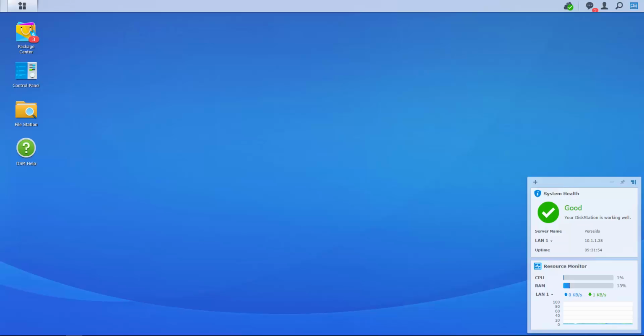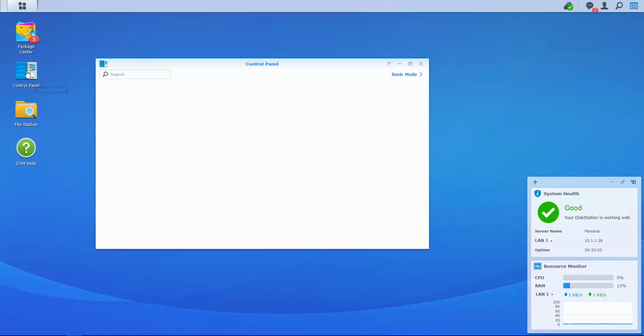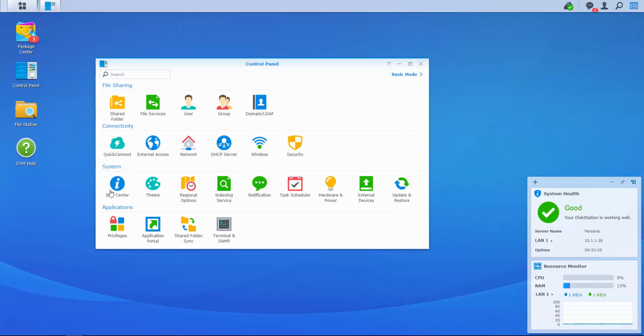This is DSM. It's our browser-based operating system. DSM stands for Disk Station Manager. Most of what we do today is going to be found in the Control Panel section of DSM. Let's start here. In the System tab, Update and Restore is going to show us where we can get to